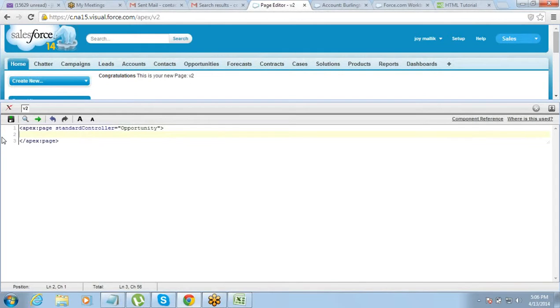And then the label, name, and here, what will be the expression here?